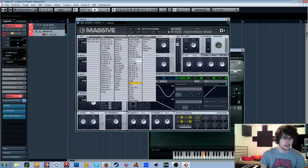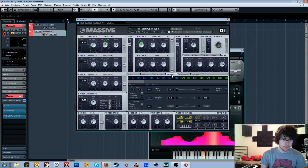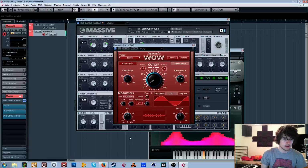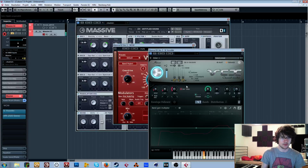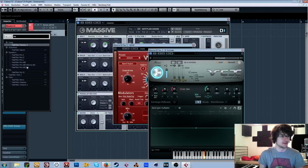Maybe that's not dark enough. Maybe it needs one of these. Maybe just try out a bunch of things. I guess, yeah, this wow filter is giving me... Cutting away quite a lot of the other frequencies. I don't like that. Or maybe we could make the vocoders even more bubbly. But now it's losing some of the high frequencies again, so we could EQ those back in, even though that is not the sort of proper method to do that, like